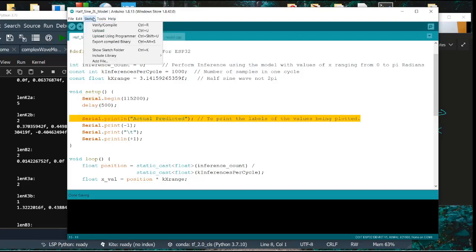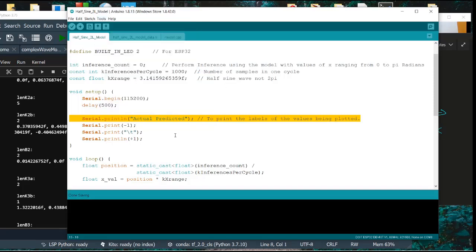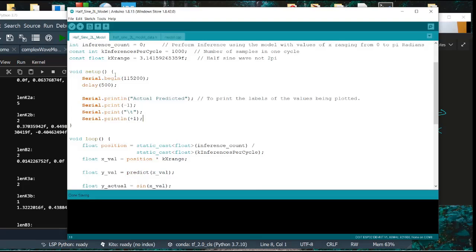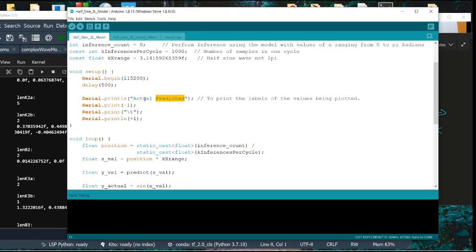If you have noticed, Tools has a serial monitor and a plotter also. The monitor gives you output in hex format. The plotter gives you the picture, the output waveform. It can even output multiple waveforms using the plotter. The plotter also uses the serial output values. After the baud rate is set up, if you do println and then say the things, if you are using the plotter, it assumes that these values are the labels of the things